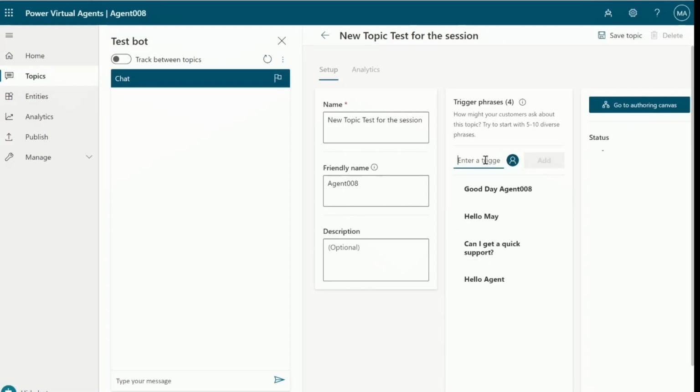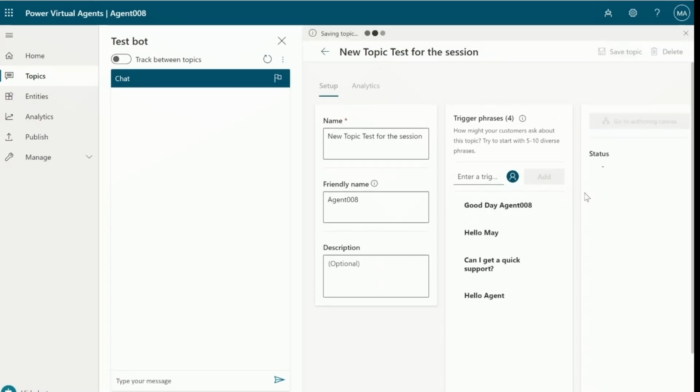For example, if I have an application related to a study plan and I want the user to go there and ask their questions related to the exam, if I'm a teacher. So what kind of question? For example, when will we have the next quiz, what time will our exam happen, all this stuff. So based on your example, you can add your trigger here. And from there, actually, you can save the topic. And once you save it,